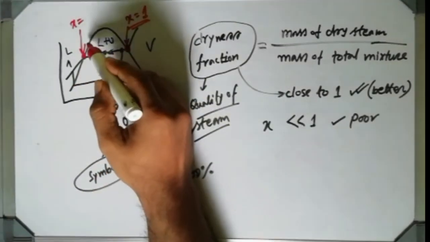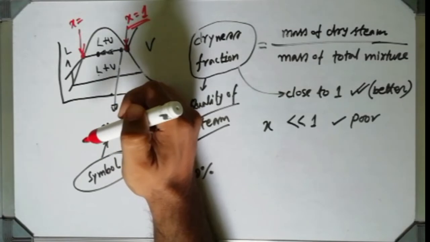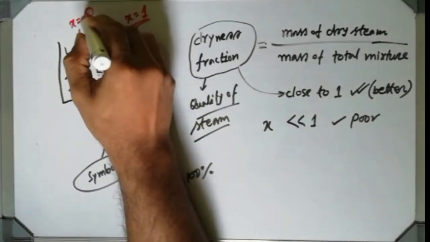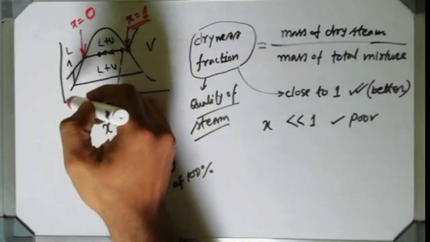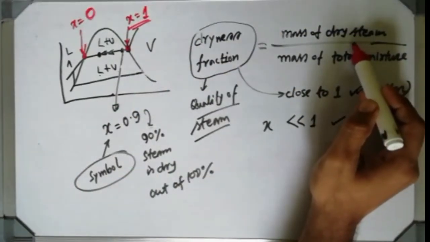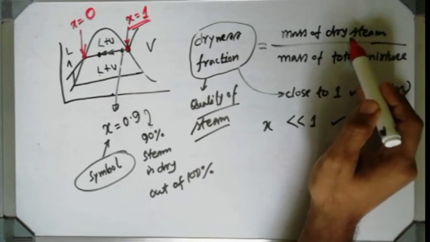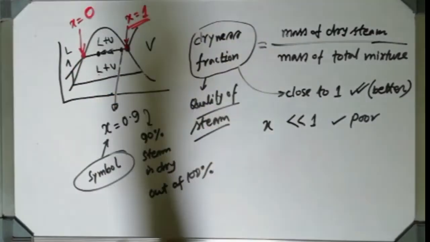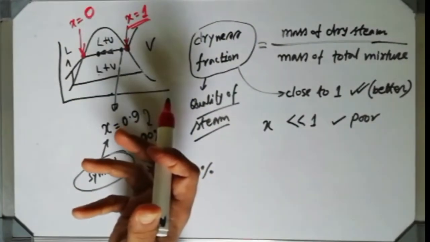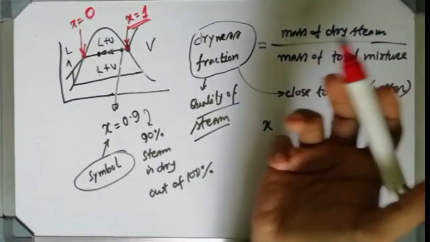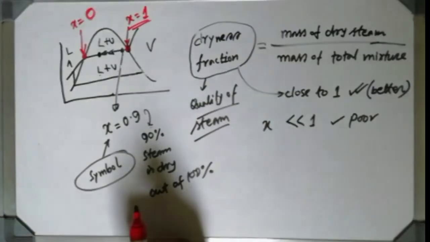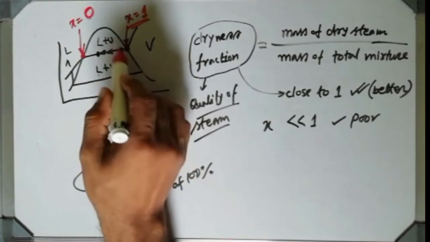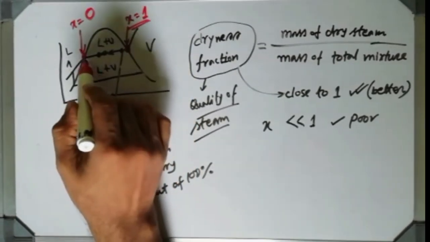On this liquid saturation line, tell me. Why can't it be? It will be zero, because on this liquid saturation line the mass of dry steam, nothing is converted. It is lying on this liquid saturation line, so no conversion has started yet. The phase change process has not even started yet, so from where would the mass of dry steam come? There is no dry steam. So that's why the dryness fraction on the liquid saturation line will be 0, on the dry saturated line it will be 1, and inside this zone it will vary from 0 to 1.